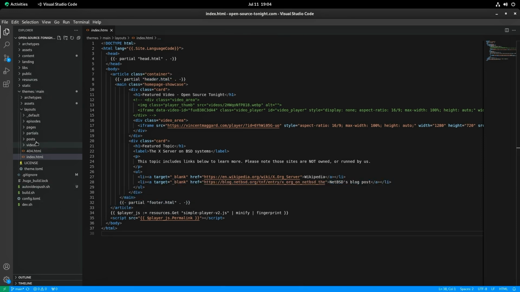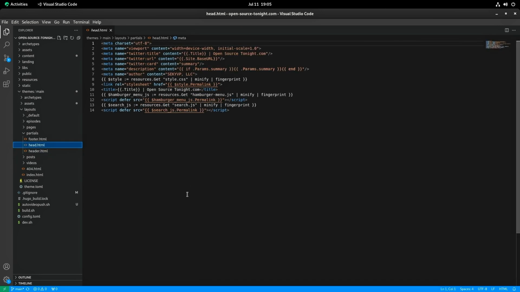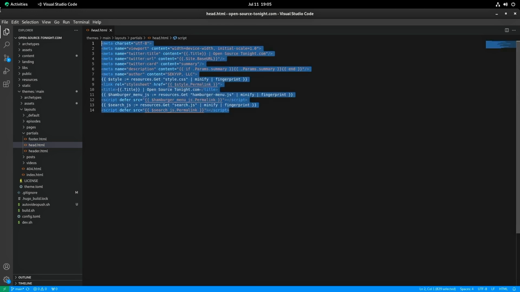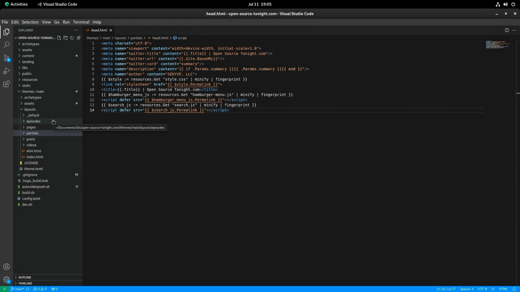So if we go take a look at the partials folder here, here's one of them, and this will include our nav and everything. So if this was disabled, you wouldn't be able to see the nav. Okay? This is the header, or the head tags components. You can see all of this is in here, including but not limited to the new search functionality that's now on the website. You can see that code right there. It's relatively simple. And then we've got specific templates for every other page.